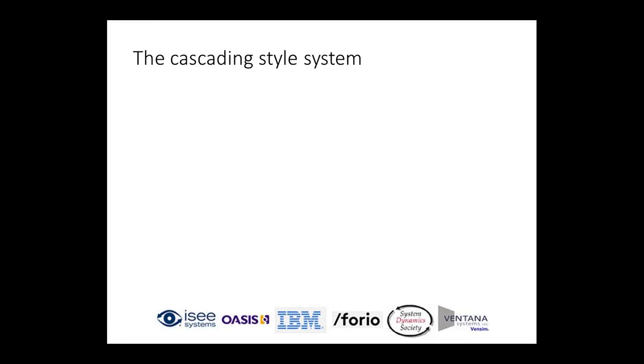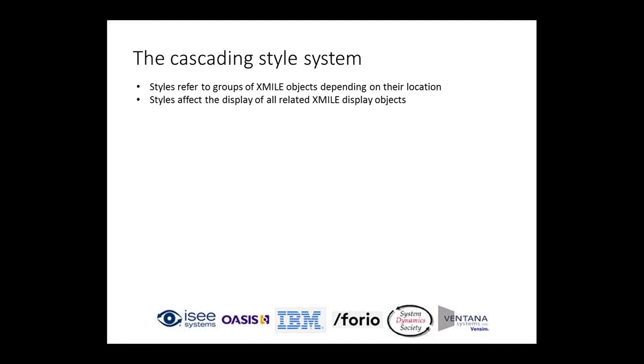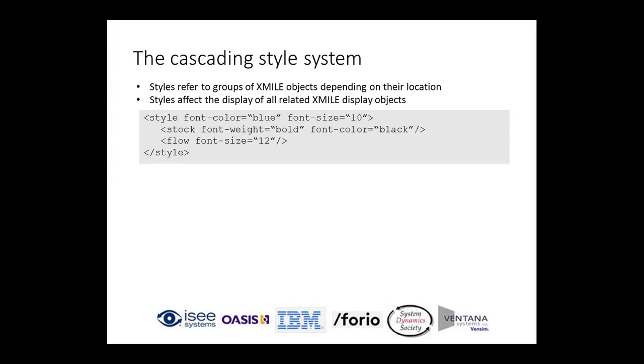So let's talk about how you can use these properties within XMILE's cascading style system. Styles refer to a group of XMILE objects. You can say, okay, let's take these objects and give them this set of attributes. That way, I only have to specify that set of attributes once. So here's a sample style tag. In this style tag, by default, we want everything to be blue with a font size of 10. But for stocks specifically, we want them to be bold, and we want them to override the blue color and